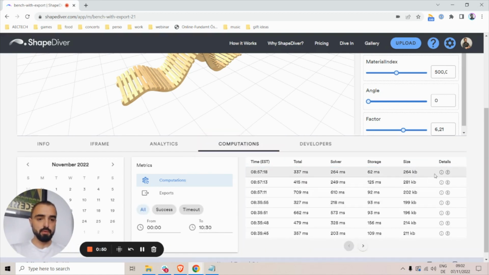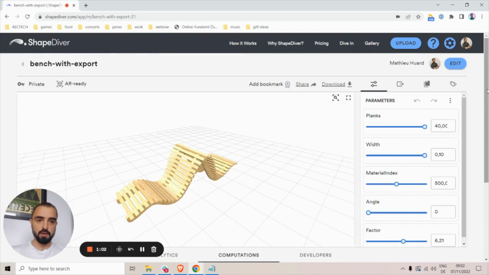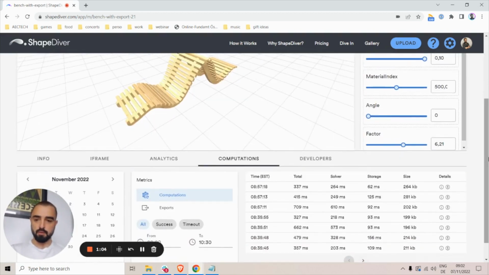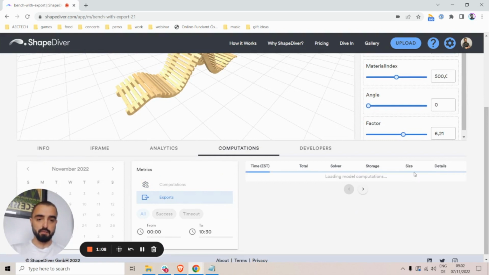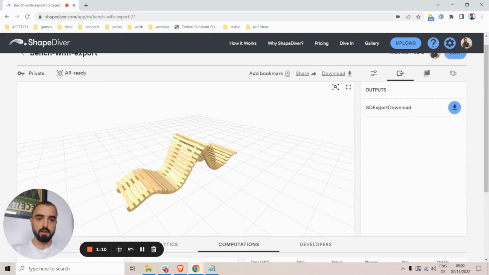In the case of this model, I already triggered a few this morning. So here I can see the time and some data about how long it took on our servers, and also the size of the outputs, so the geometry outputs in the case of computations. And in the case of exports, I can see the size of the file that was exported, because here I have an export